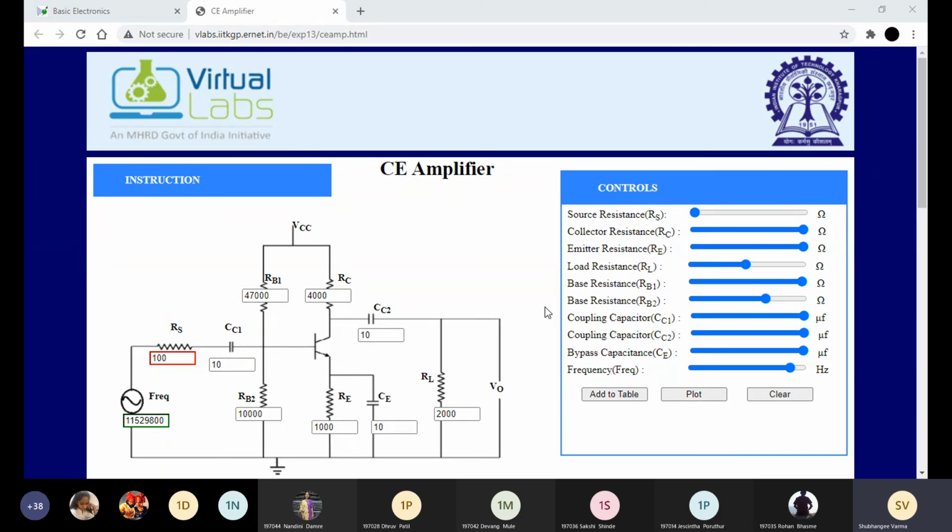Today we performed 1 practical, the frequency response of CE amplifier. So only 2 practicals are remaining, voltage multiplier and the photo transistor. So in total 10 practicals we are going to perform in this SDC lab. Today we have performed only 1.